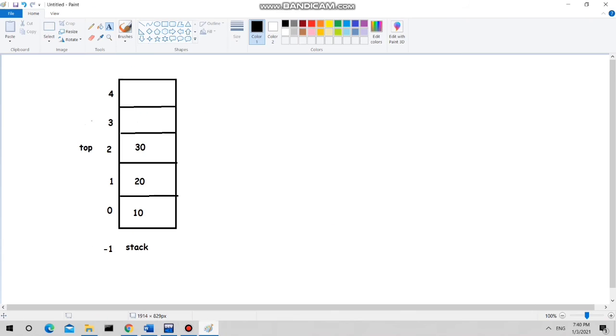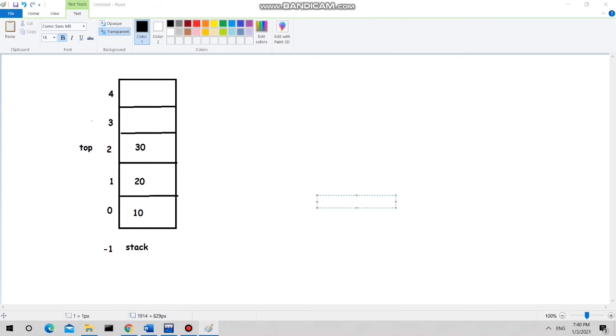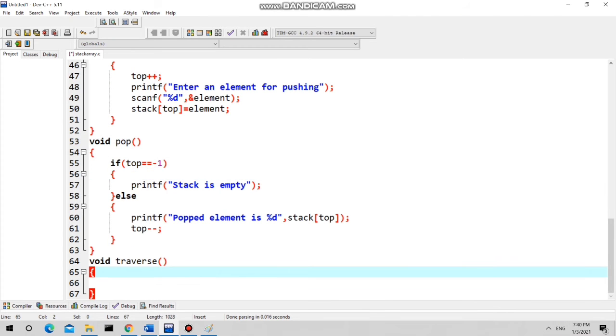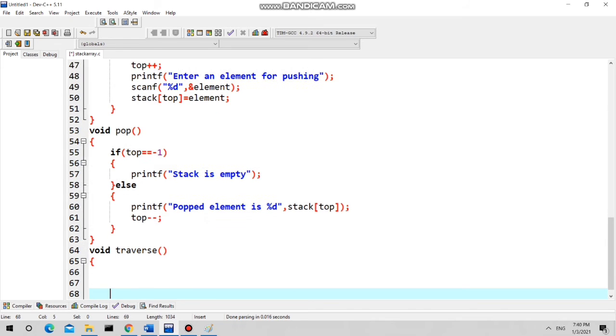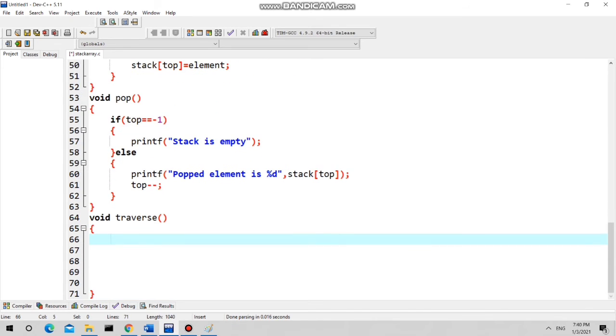Now we'll see the traverse operation. Go to traverse. Just tell me, if your stack is full, are you able to perform the traverse operation? Definitely yes. So no need to check whether the stack is full or not. Now if the stack is empty, are you able to perform traverse?